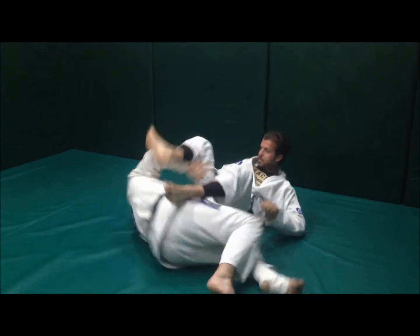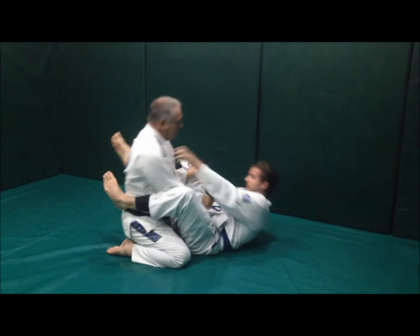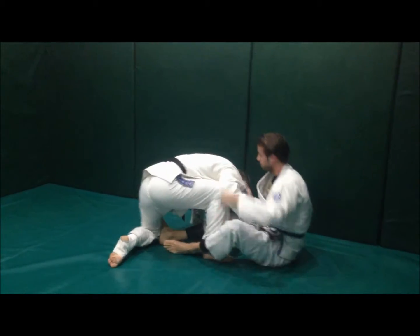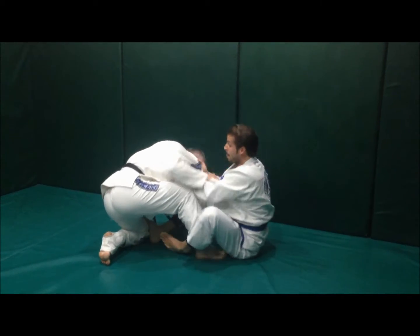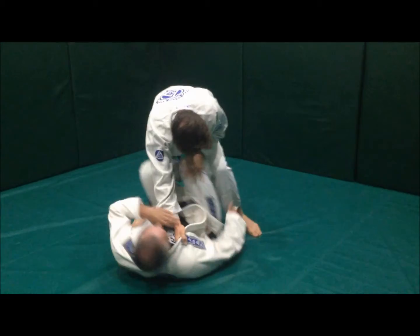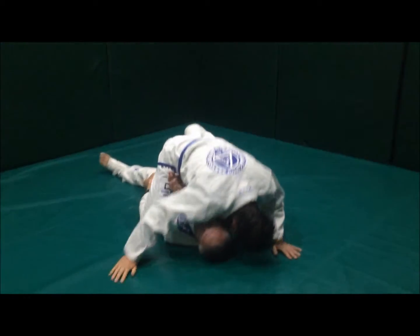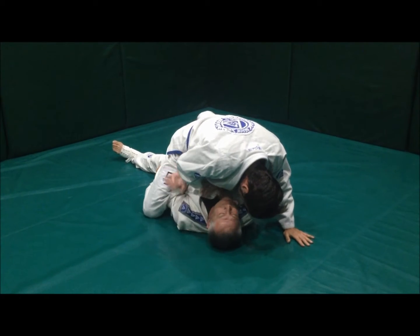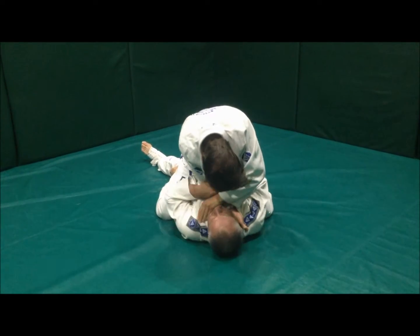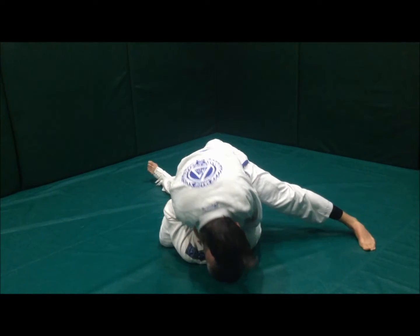So Daniele's lengthy legs, he has a very good open guard. He's gotten very sneaky with his chokes. Nice little sweep there. Ankle grab. He steps over to the full mount. Daniele and Ismail, super legit blue belts. I have to be on my toes with them at all times. Here Daniele is trying to choke, but I got his right arm pretty well isolated, so I'm not too worried. Now he's trying to switch to an arm bar,